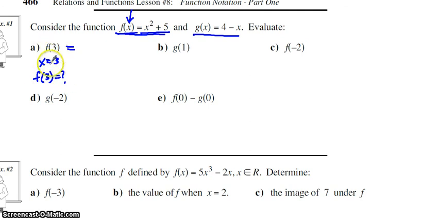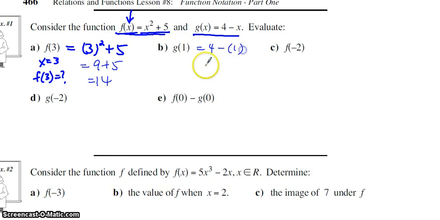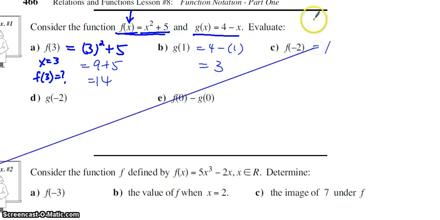F of 3 represents y. So you plug in 3 in place of x. I always put a bracket in case it is a negative, then you will square the whole thing, not just square the 3. Okay, so you put a bracket to replace x with the value. So 9 plus 5 is 14. So you can write f of 3 is 14. So what's g of 1? Replace x with a 1. The answer is 3. F of negative 2, replace